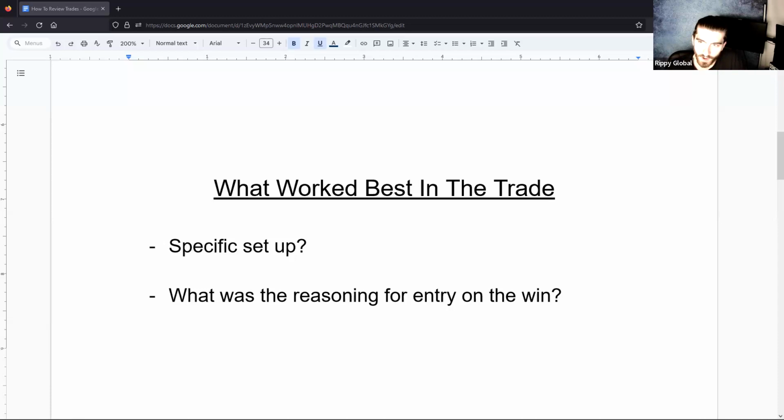You have to figure out, okay, this is the reason I'm going in on the trade. This is why I'm buying. And then if it does go against you, you have to prepare for that. You have to understand what you're risking, not from a financial perspective, but based off just the chart. So it limits your emotions as much as possible.